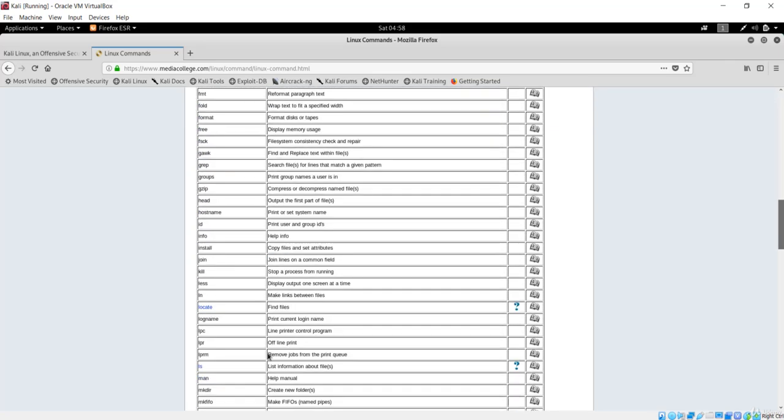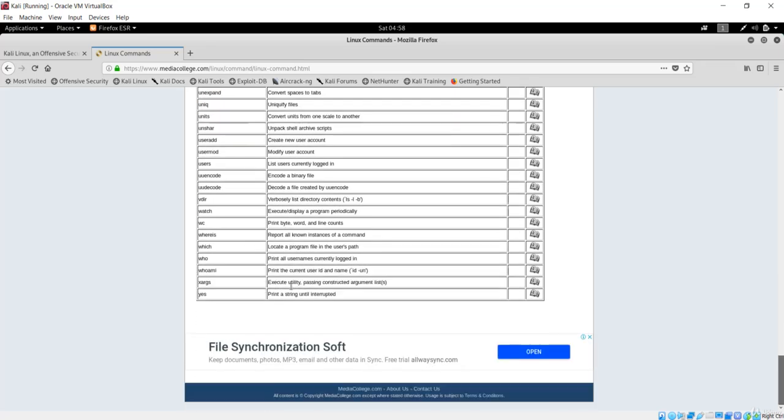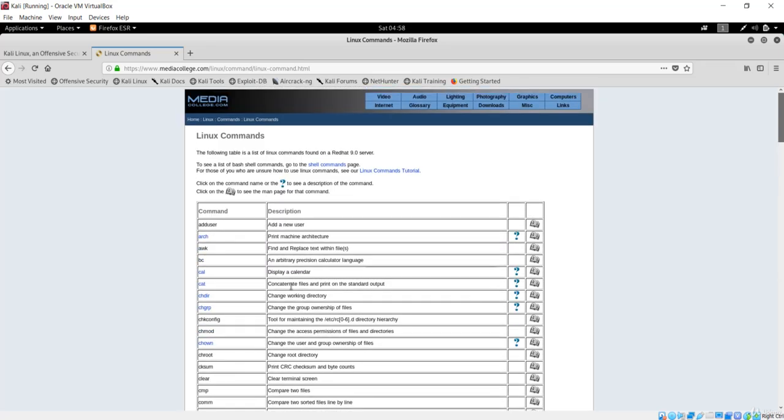We'll see the apt command and the chmod command in the upcoming lecture, and except for that, everything has been covered. If you want the manual, you can simply type man and give the name of the command you want information about, and everything here has been covered. Also, some of these commands are unnecessary for hacking purposes, so I have made a list of the important commands, and I have gone through each of them in this lecture.